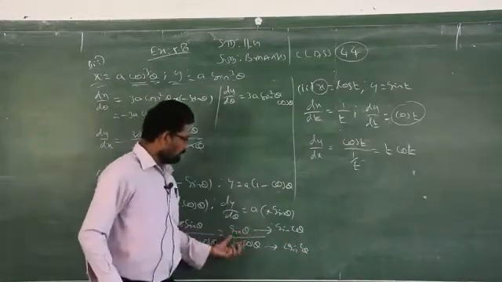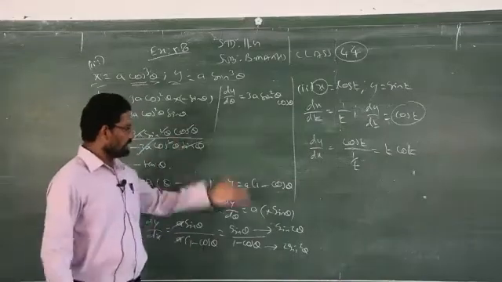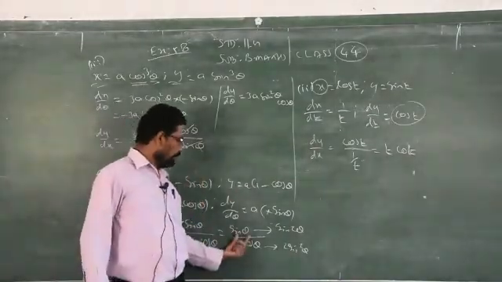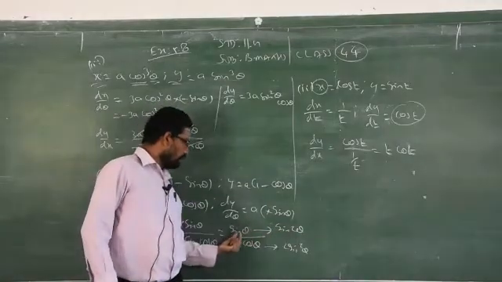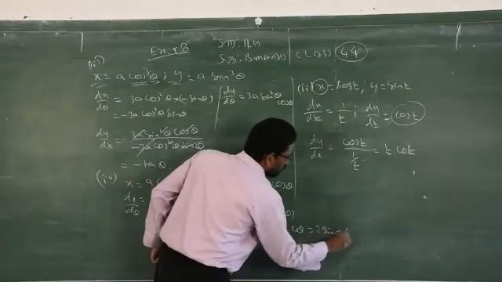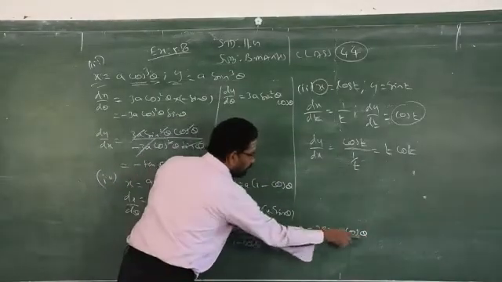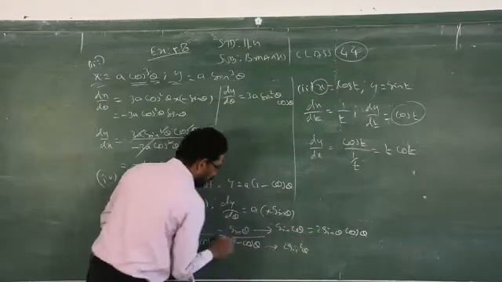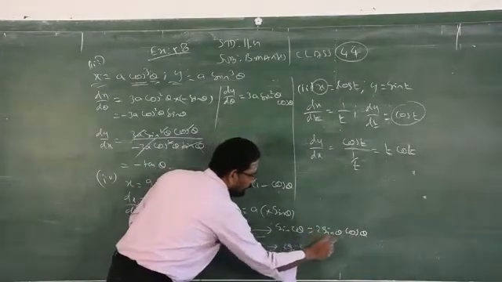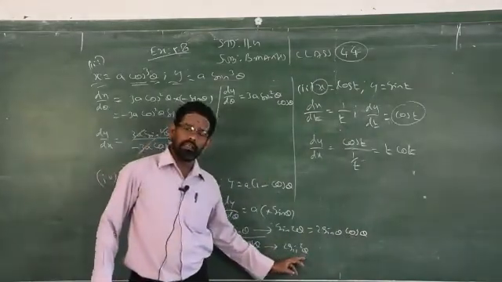So based on this concept, we did one problem in chapter number 4. Just you have to recollect the chapter number 4 concept. If sin 2 theta is how much? 2 sin theta cos theta. If it is 2 theta, you have half of 2 is what? 1. But what is given here? 1 theta, so what will come there? 2 sin theta by 2 cos theta by 2. Similarly, it will come 2 sin square theta by 2.